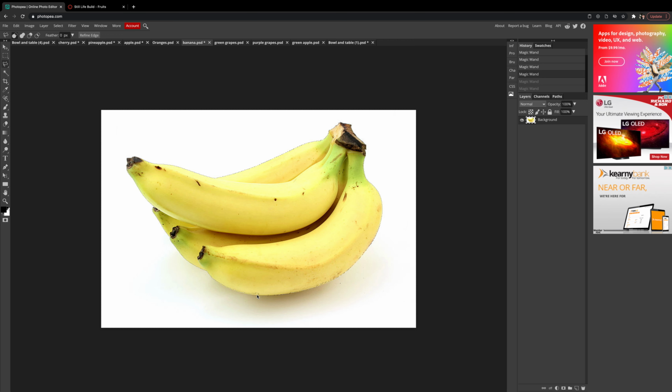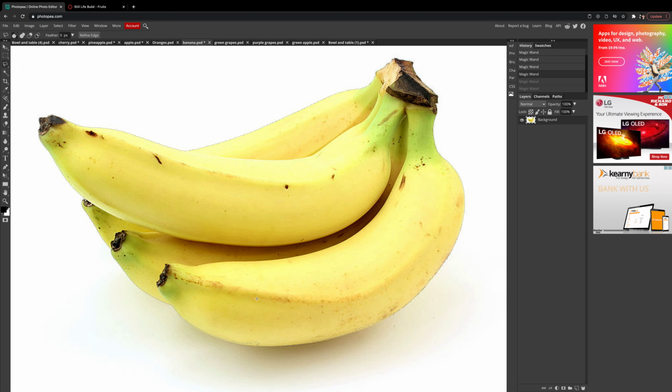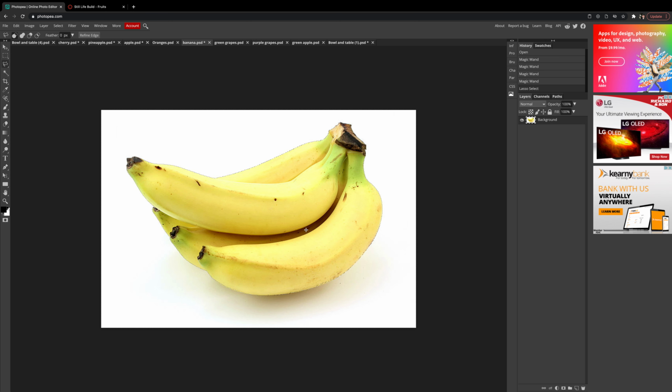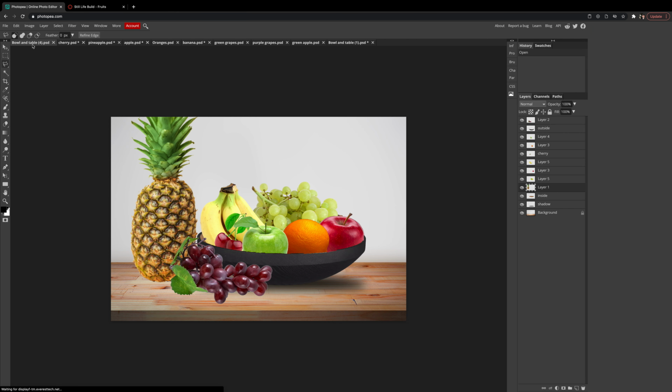So if this little piece of yellow is not getting selected, I can hold down Alt, and I'm going to draw around this specific area. Once I hold down Alt, I can let go as I start to draw around it. Then get back to the starting point, and you can see that it added in that selection. So now I want to invert this selection. Again, select inverse, Control C, back to our design,